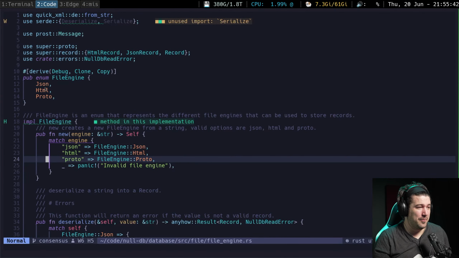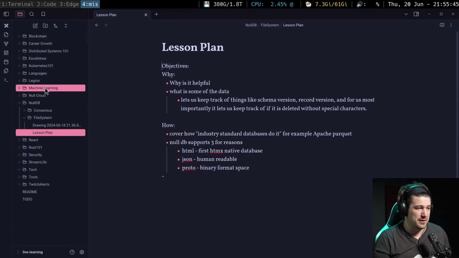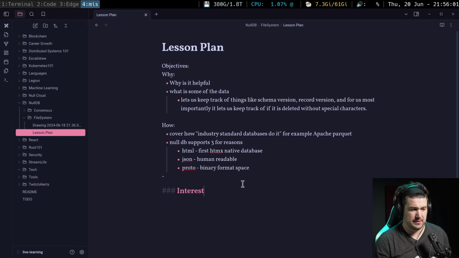Okay, what were we talking about? Something that I thought was good to implement or talk about. I don't know what to call this section. Interesting things to learn. And one of these things is size. HTML versus